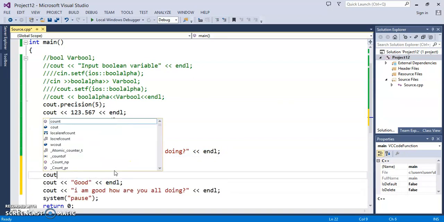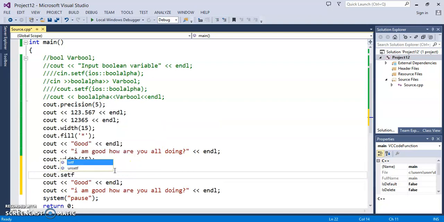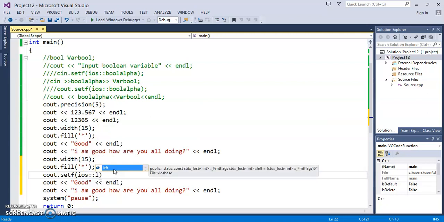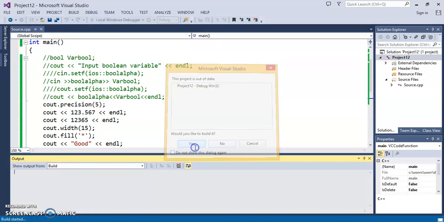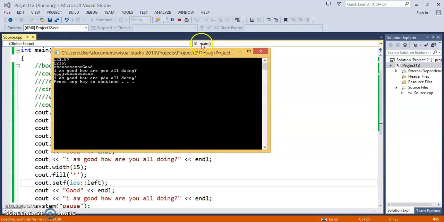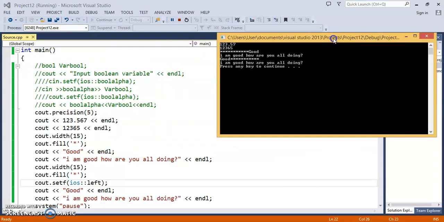So cout dot setf, and it should be ios left. So ios left means now your text will be left justified. Let's run it again. See, here it is right justified. By default it will be right justified because we have not set any flag, and here it is left justified.